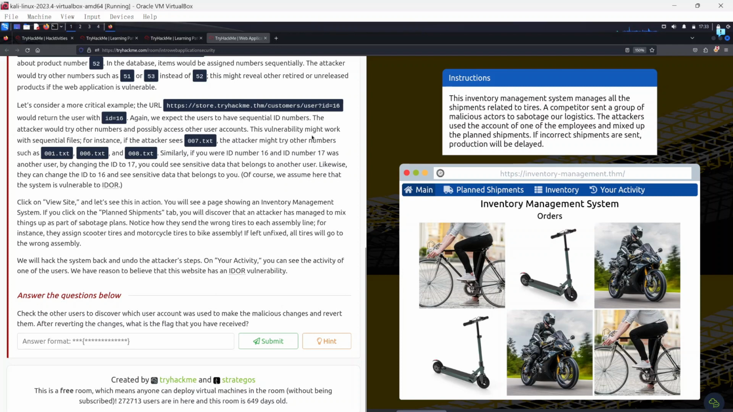Now the vulnerability might work with sequential files. For instance, if the attacker sees 007.txt, the attacker might try other numbers such as 001.txt, 006.txt, and 008.txt. Similarly, if you were ID number 16 and ID number 17 was another user, by changing